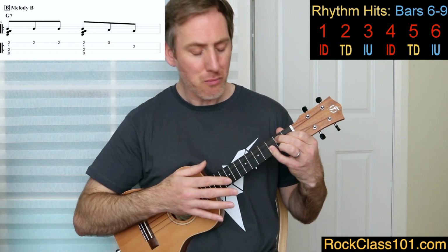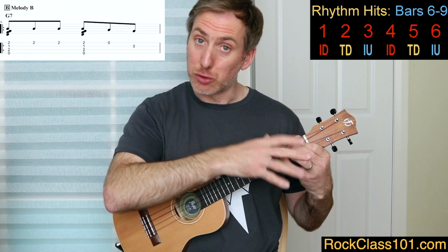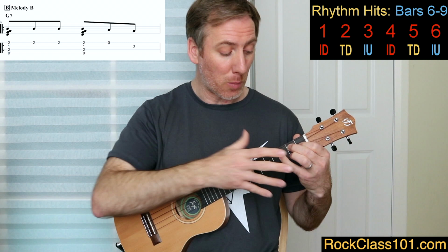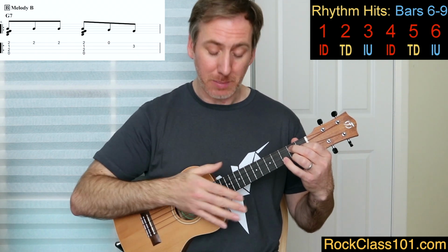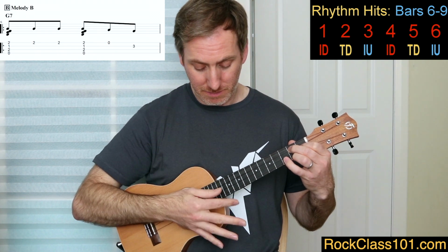Spot on. Okay, then that bar just repeats again. We just play that exactly the same way a second time. So it runs through twice. So the first 2 bars of the B melody, we just have,